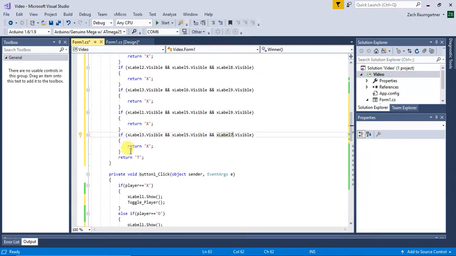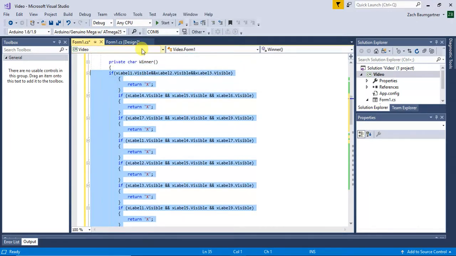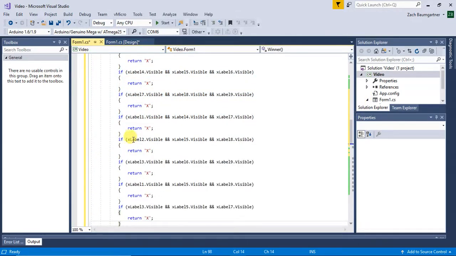Now we always have to do this all again for the O labels, but thankfully it won't be too hard because it's exactly the same, only we just replace it with O. So Control C, all that. Then you just replace everything with O. So then O label 5, O label 8, then O label 3, O label 6, O label 9, and then O label 5, O label 9, O label 3, O label 5, O label 7,